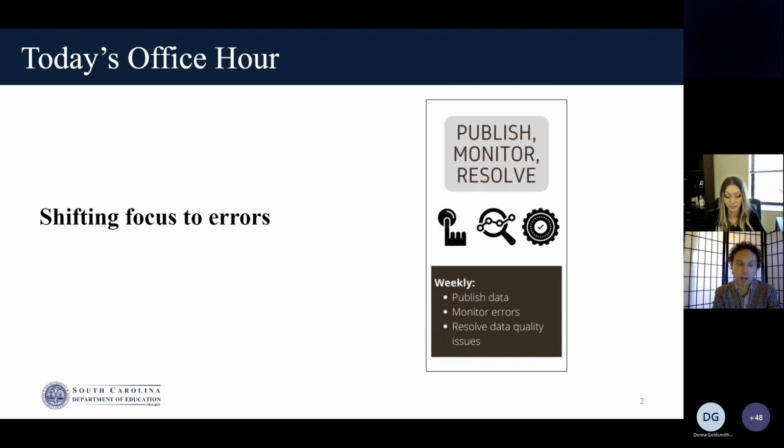I guess that's the focus that we're beginning today. In the past we said, all those errors and dependencies, don't focus on them right now, we're going to talk about those later. Today, and extending over the next probably 5 or 6 months, this is the focus we're going to have as a team within ORDA and as a team within South Carolina at the districts. We've also brought in our partners with Level Data and Education Analytics to help. So it's going to be a team effort, and it begins now.